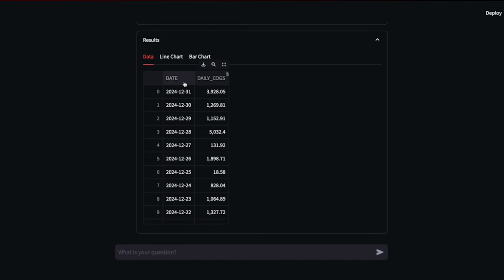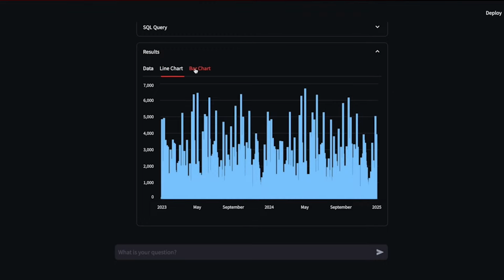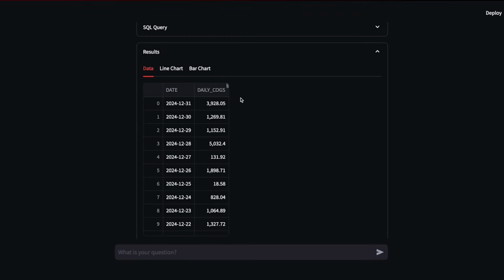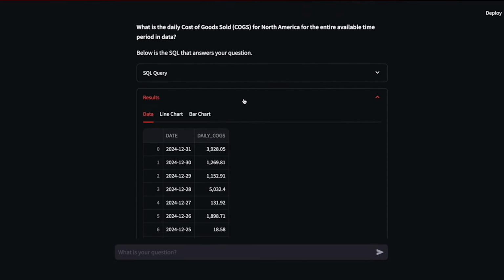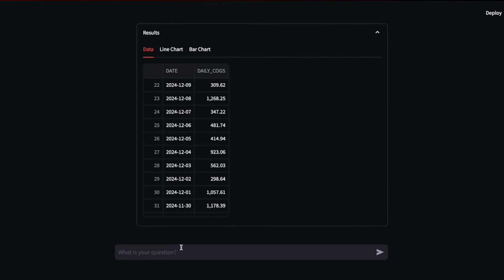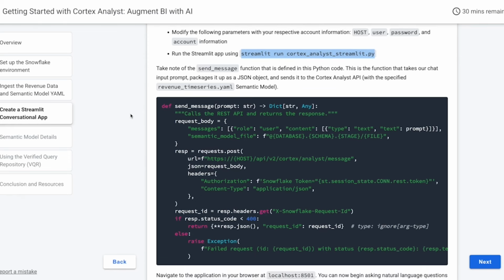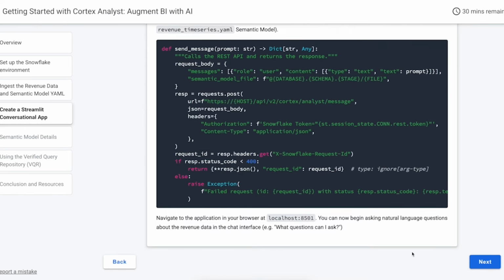And then, of course, because we have the data in Streamlit, you can very easily write Python code that allows you to visualize that data as a line chart or a bar chart or whatever makes sense depending on the particular question that you're asking over top of that data. And so I have total flexibility to ask any questions I want over this revenue data set from this chat interface. And again, the real power of what is making that possible is, one, of course, the data itself, but the second piece